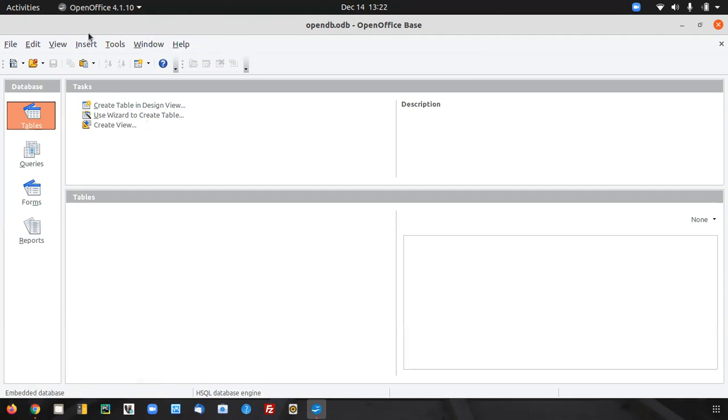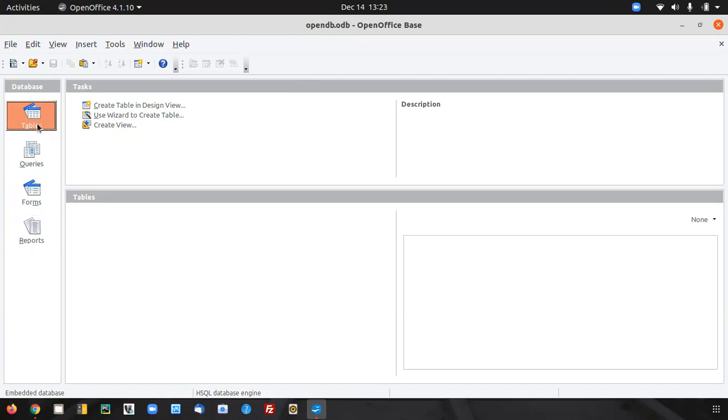Below the title bar, there is a menu bar that contains a number of menus. Below this menu bar is the standard toolbar. Now in this, you can see the task window pane, that means on which task you are working. In this task window pane, it will show you the different submenus of your components. There are four main components in your window, that is tables, queries, forms, and reports.